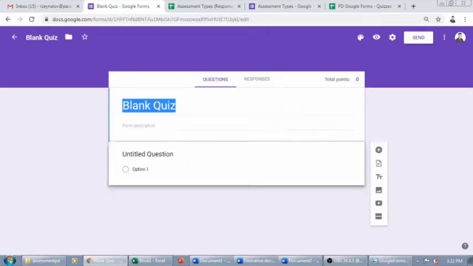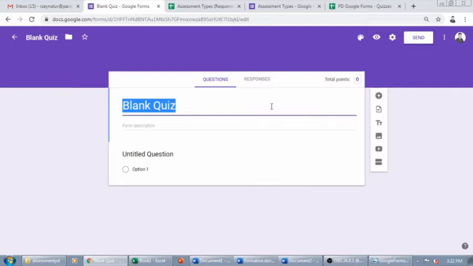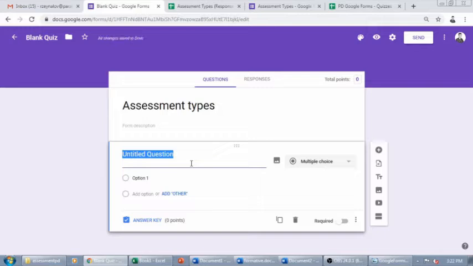Blank quiz. First you need to write the name of the quiz. For example, assessment types. It was our quiz name. Then first you need to get information about the examinee. Okay, about the student, or about who is going to sit for this quiz or exam. Name, surname,